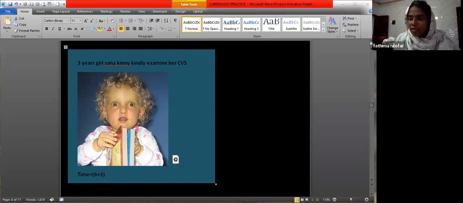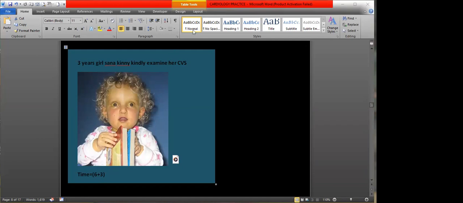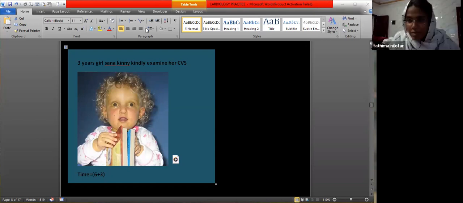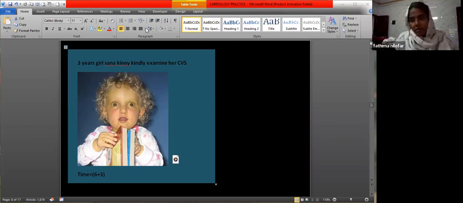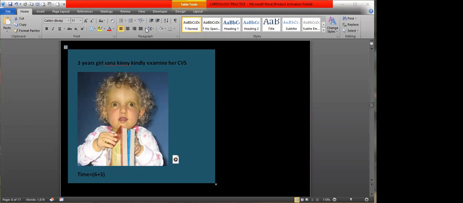I just want to know if the murmur is heard over the pulmonary and aortic area as well. Very important. It is prominent in the left second intercostal space, and less prominent just below, in the lower left intercostal space. Maximum intensity is in the left upper, second intercostal space, and it also radiates to the back. Okay, your time is up now. Well done. Now present your case.